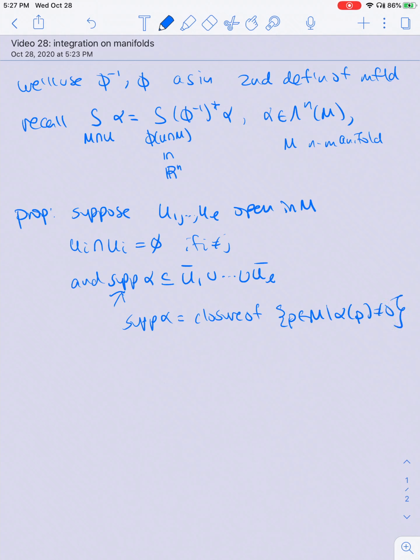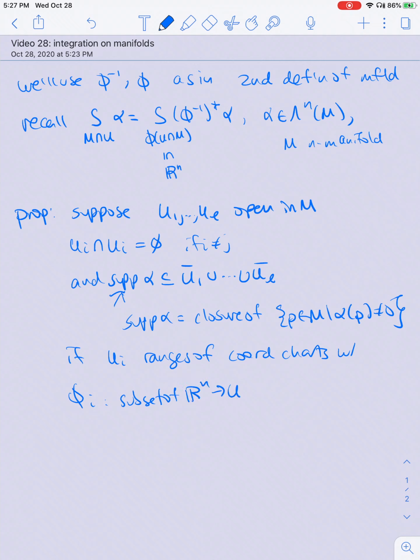And if we have such a situation, because we're using the second definition, the Ui are the ranges of the coordinate charts, with phi defined from some subset of R^n to Ui,